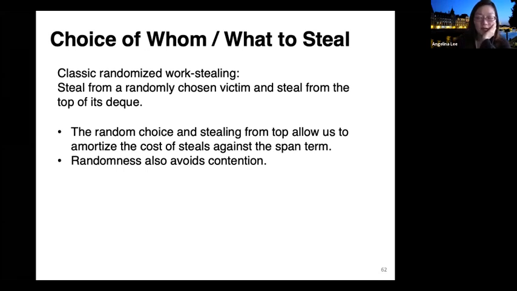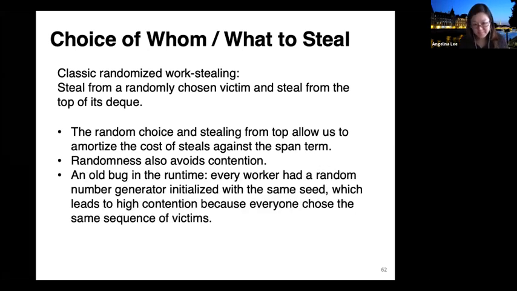The try lock actually doesn't block you whenever the lock is already being held by someone else. It would just return with a signal signaling that you failed to acquire the lock. And so in the runtime, a thief will always first attempt a try lock. If the try lock successfully grabs the lock, then the thief will subsequently engage in the THE protocol with the victim. On the other hand, if it fails to grab the lock, it just gives up and tries again with a different victim. So this randomness avoids contention.